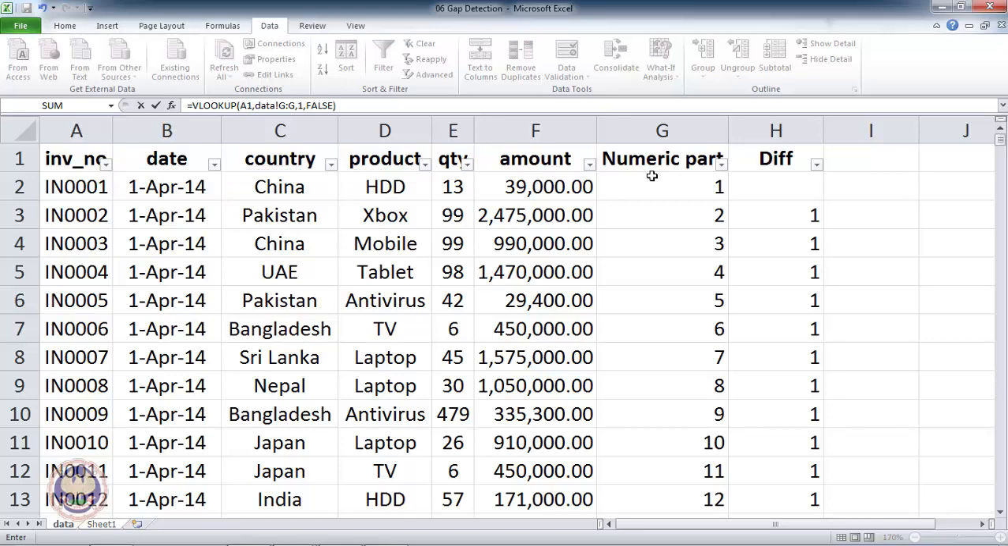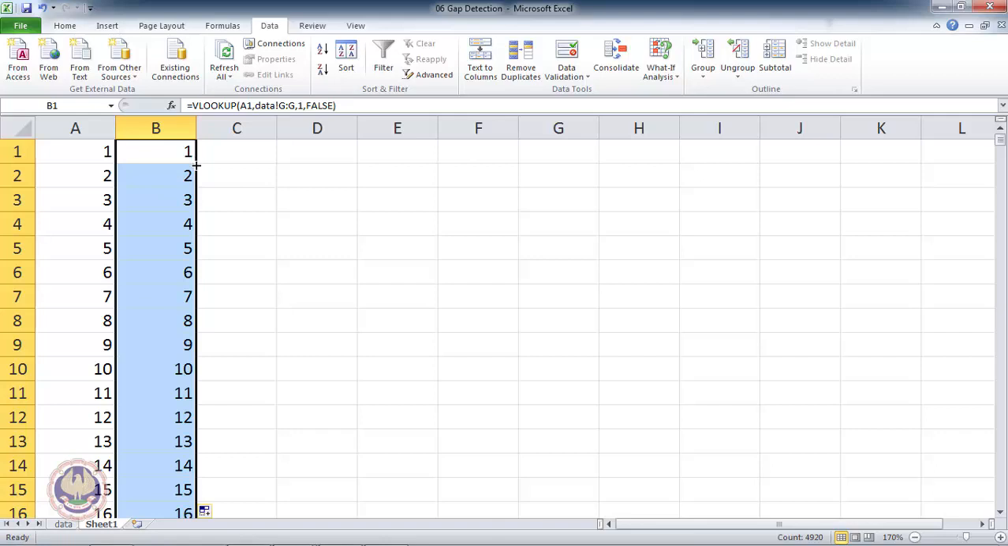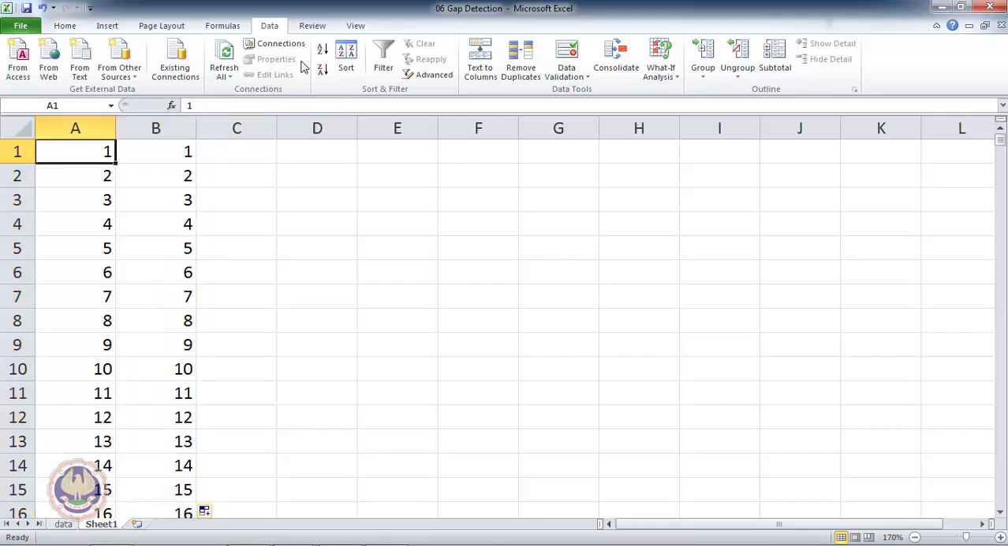Close the bracket, press enter. I get 1 over here. I extend this till bottom. I seem to be getting many numbers, but do I get all numbers? Let me apply filter and check. I apply filters over here